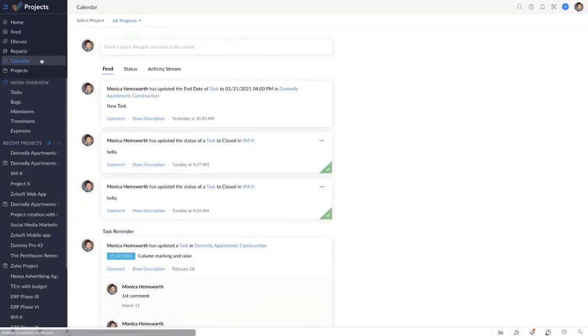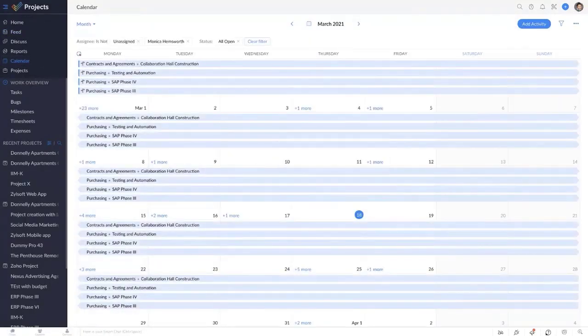Moving on, we have the calendar. You can track all your project activities using the calendar module. Calendar is a simple and secure way to quickly organize meetings, events, schedule appointments, and manage tasks and issues. It helps your team to easily identify dates in which they are engaged so that they can plan ahead and complete work on time.